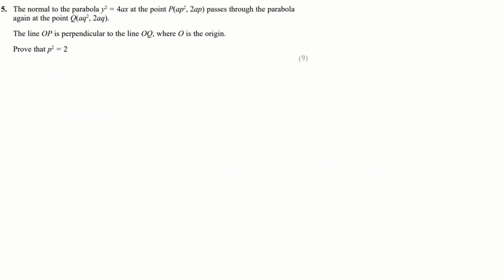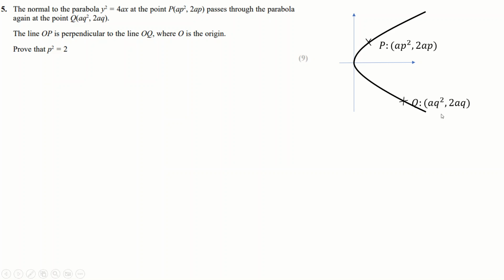And good, let's go to question number 5 then. This is quite an interesting question, I think. It's about a parabola which we can draw like this. Got a point P there, got a point Q there. I've drawn these in very specific places such that the picture looks at least a little bit like it should do. So the line O to P, there is a line,